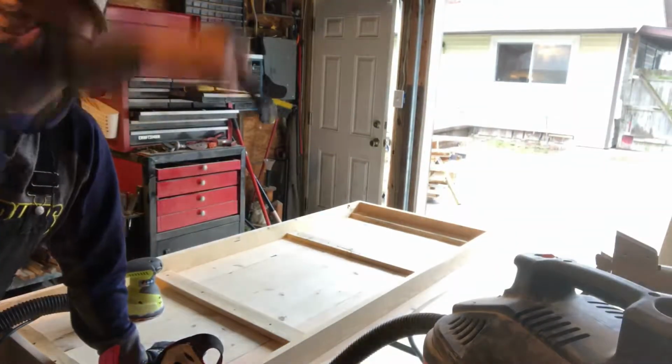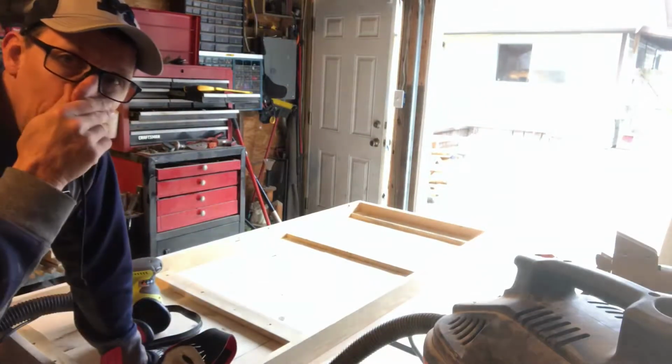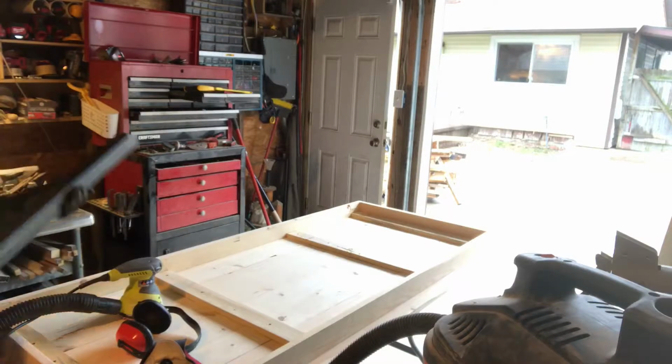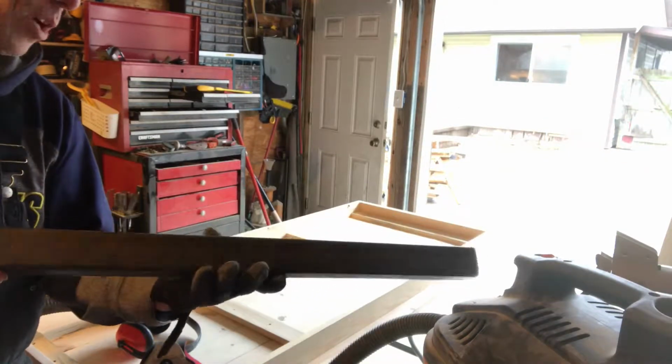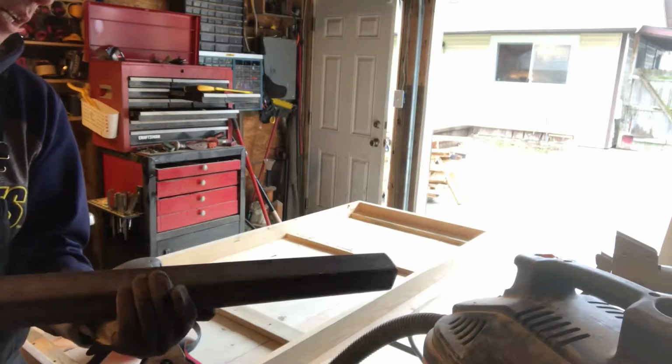Alright guys, I figured I'd show you a little bit of the sanding anyway. I got it flipped upside down, took the legs off of it because I have to sand these down, and I'm not going to paint them. They want them just the steel look, but there's some rust and some paint on them from where I bought them. So we'll sand them down a little bit and then go to the depot and get